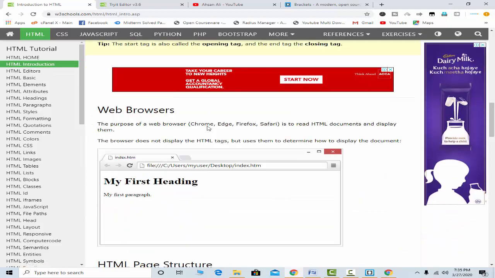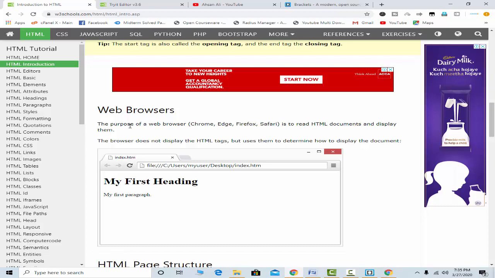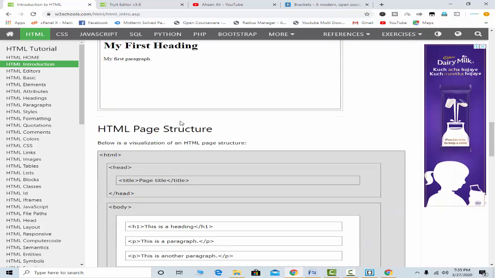Okay, after HTML structure, web browser, and this is web browser. This was something that I have got in editor